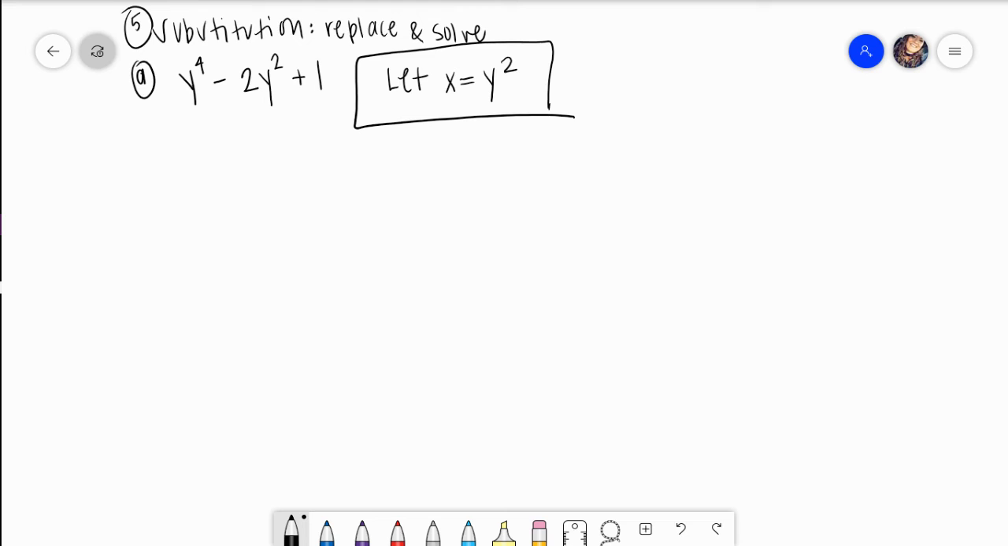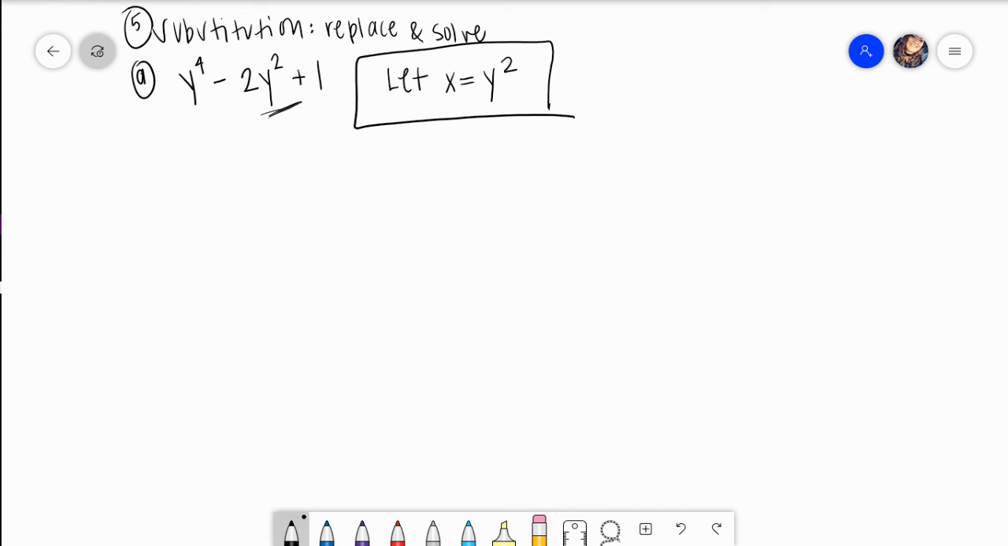I notice that that first term is actually being raised to the fourth power. I don't let x equal y to the fourth because that middle term is being raised to the second power. So what I do is I'm going to pick x and I'm going to let it be equal to whatever my variable is with the lowest power. So here it would be y squared. Now, in order to actually substitute my x for that first term, which is y to the fourth, I need to figure out if I have y to the fourth,